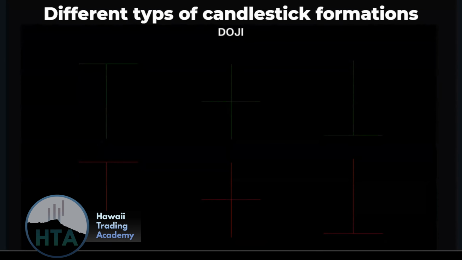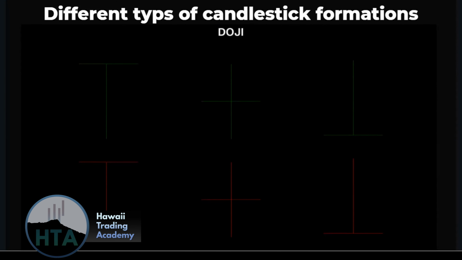So we got the different formations of candles. Not every candle is the same shape. And so tonight we're going to be going over three types, and this will be you guys' homework. I'm going to be going over, so take notes, right? So we have the Doji here. There's different names for these